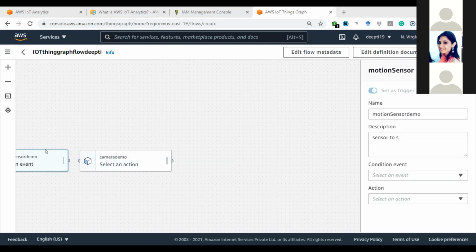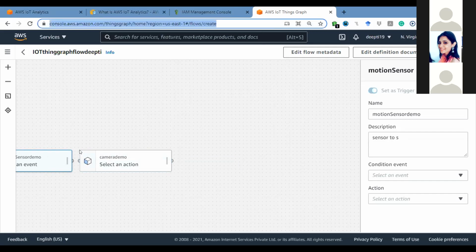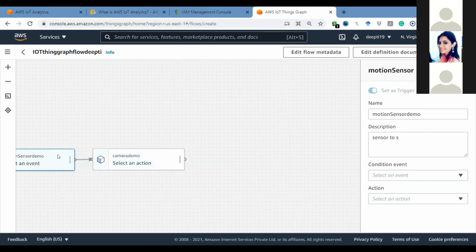Fine. Now try to connect the 2 points. No, first arrange them properly in some format, right? Yes.